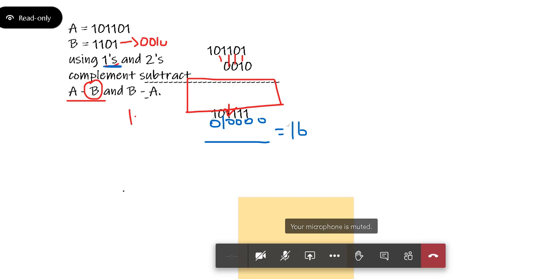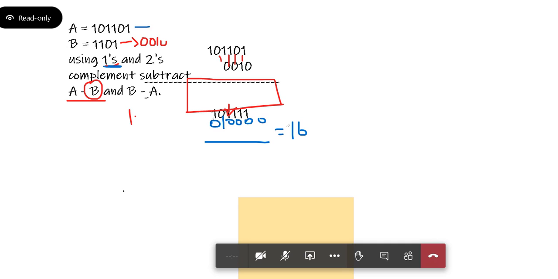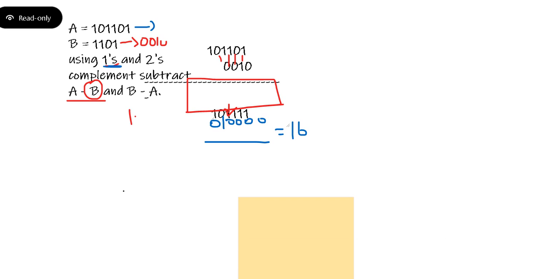Now, what is the value of this one? 1, 0, 1, 1, 0, 1. What is this value? 8, 4, 2, 1. 45? Is it right?